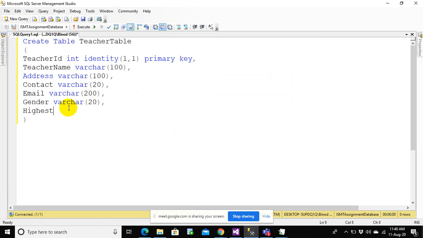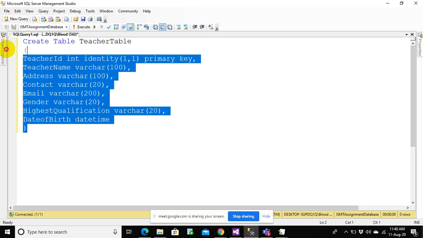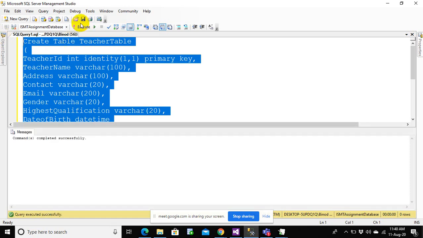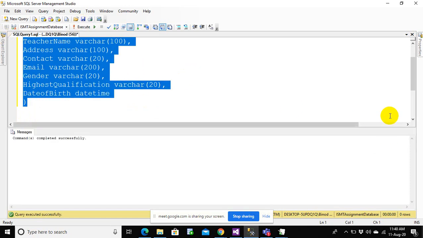So this is the way you create a table, everyone. One table is done.